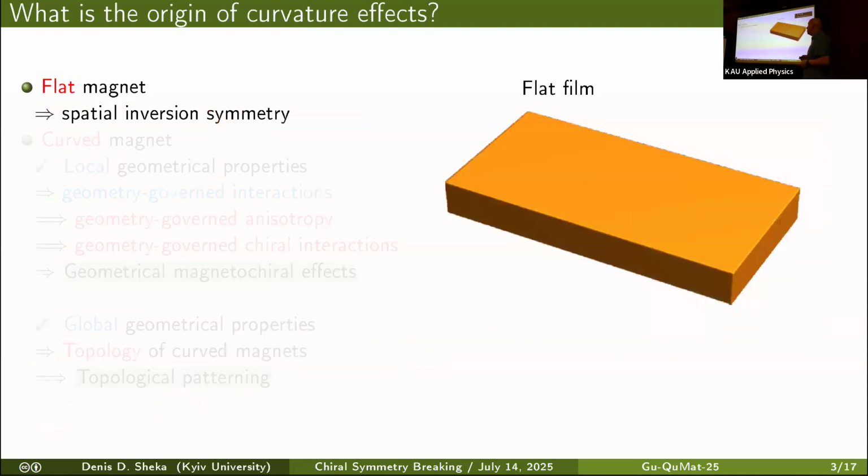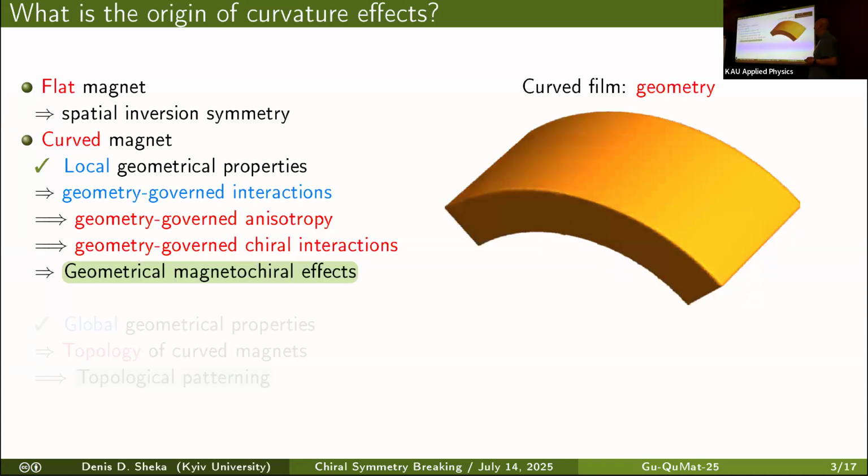First of all, I'll start with the origin of curvature effects. It's connected with a spatial inversion symmetry. If we start with a flat magnet, typically there is a spatial inversion symmetry in this system. For example, the top and bottom surfaces of a flat film are geometrically identical. But if we curve the film,